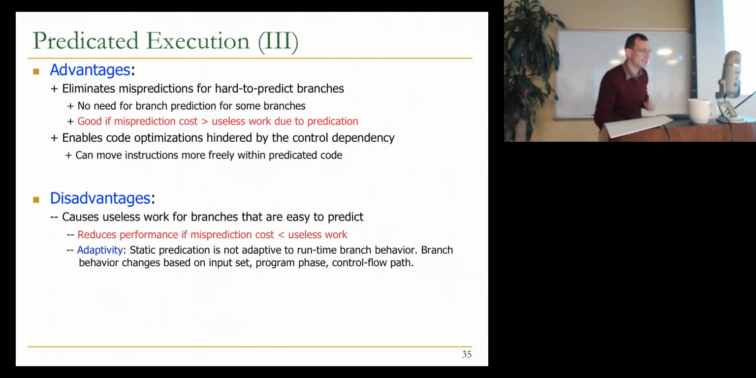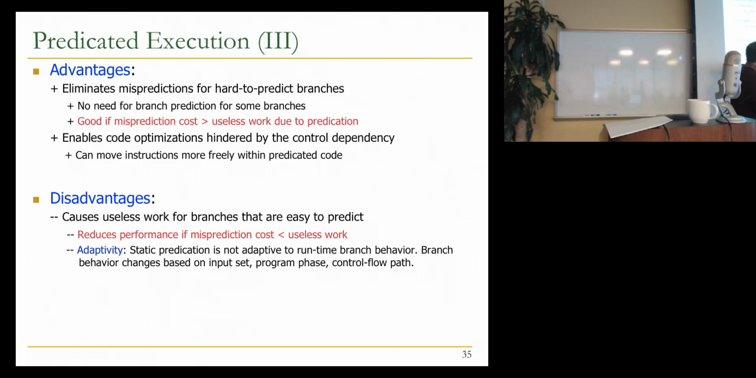The disadvantage is it always causes useless work. But this is especially important for branches that are easy to predict, because if you're almost 100% accurate for a branch, you're always executing some useless piece of code. And this reduces performance if this is true. Again, the compiler needs to judge this: if this misprediction cost is less than the useless work. And this is a very difficult thing for the compiler to determine